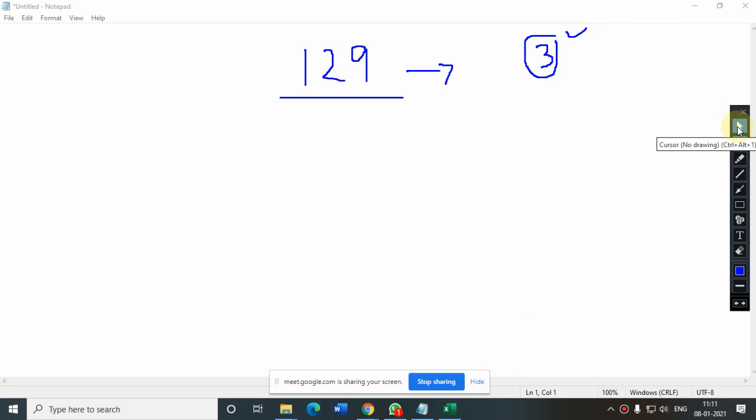I hope my screen is visible. So the number of digits in this number 129 is, is my screen visible, Arisha? Yes, sir. Okay, so in this program the number of digits is 3.